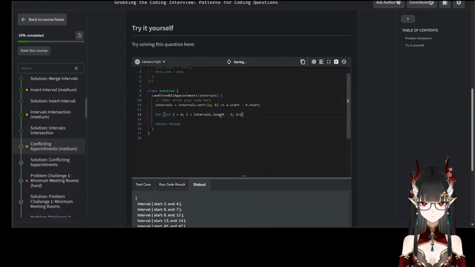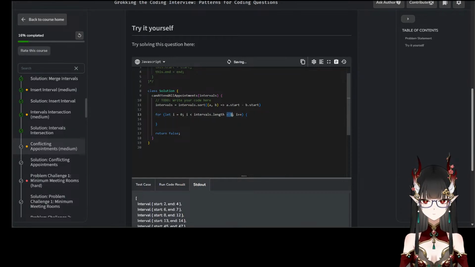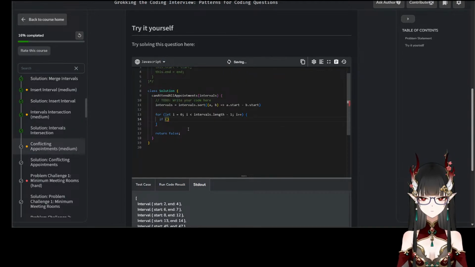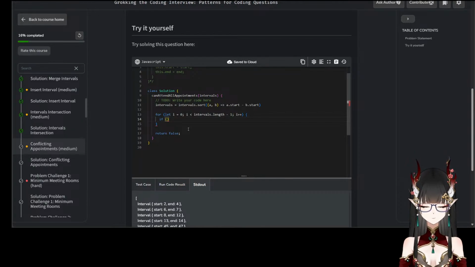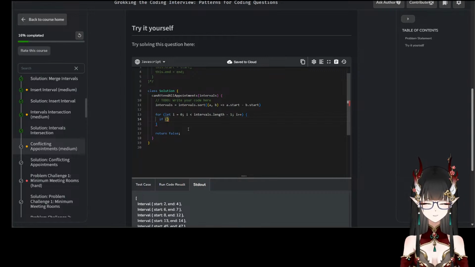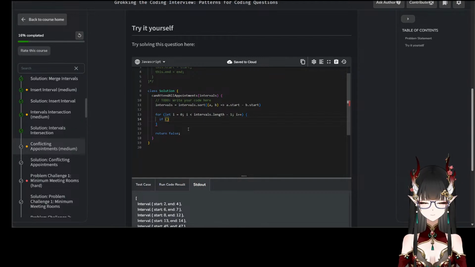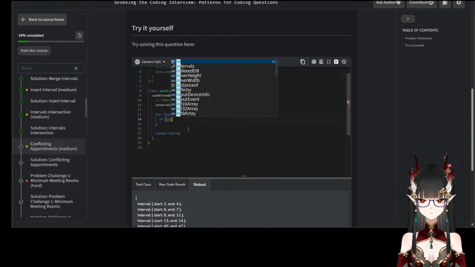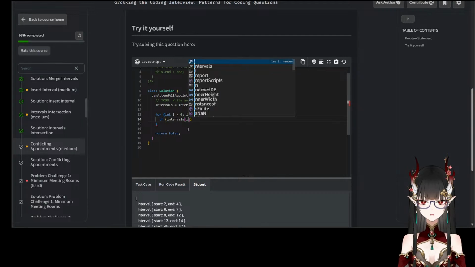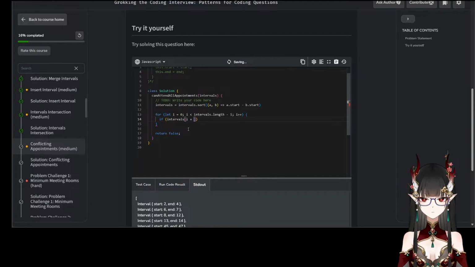i plus plus. I'm doing minus 1 because I'm going to take the first index i, and then we're going to look forward by 1. If they overlap, that means the second interval's start is less than the first's end. So if intervals of i plus 1 start is less than interval of i end,